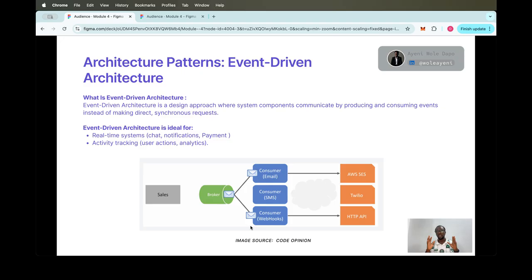This is the kind of architecture platforms like social media use. The moment you send a message, there's an event listener. The person you send the message to automatically gets a notification that a message has been sent to them. That's how it works. Platforms that do real-time tracking use this architecture, such as chats, notifications,